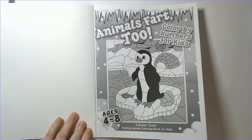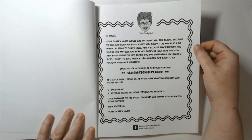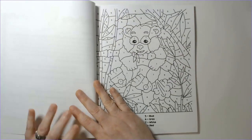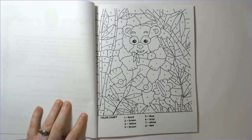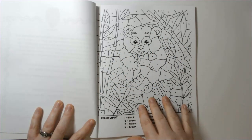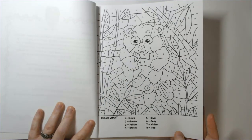Oh my gosh. So here's the cover. This is, I believe, Amazon printed. So we have color by number, a little bit of information, hello there, and then we get started. It looks like they have the color chart down here. They don't give you little visuals of the colors, and they don't do it on the back. So you just pick any green, any yellow that you want on here. This isn't super simplistic. It is definitely in the simplistic category, but